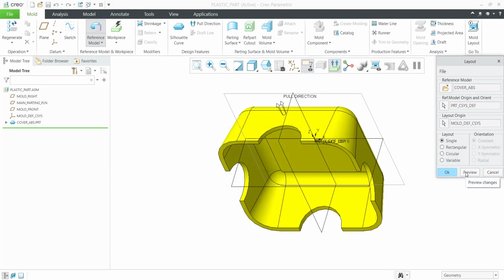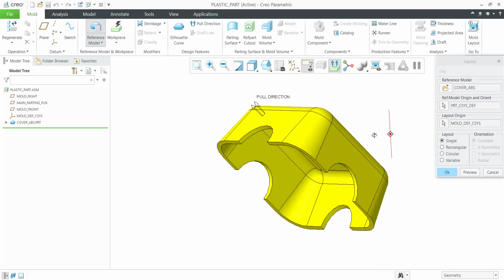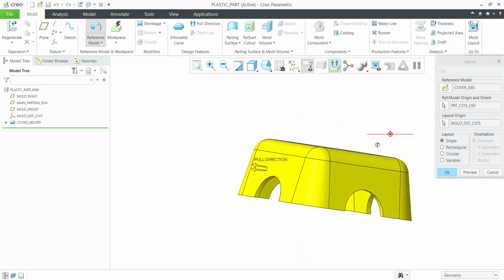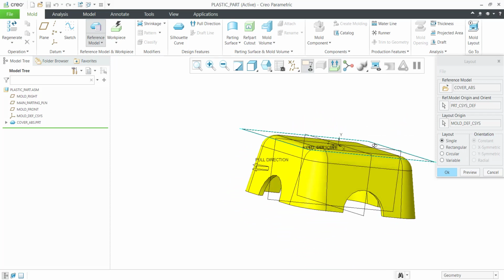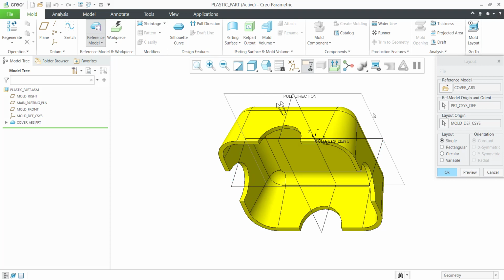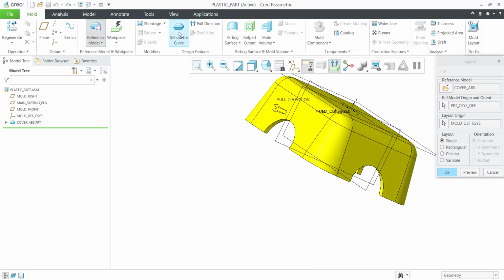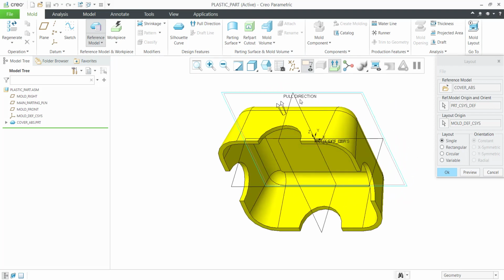In this case, this is not the case where our mold has to be opened. We want to assign the part along towards the pull direction. Means like the mold has to open in this direction. This is not the case. Either we can change the pull direction, or else we can align the part as per the pull direction. So I usually always prefer to have the part aligned with the pull direction. In this case, to rearrange